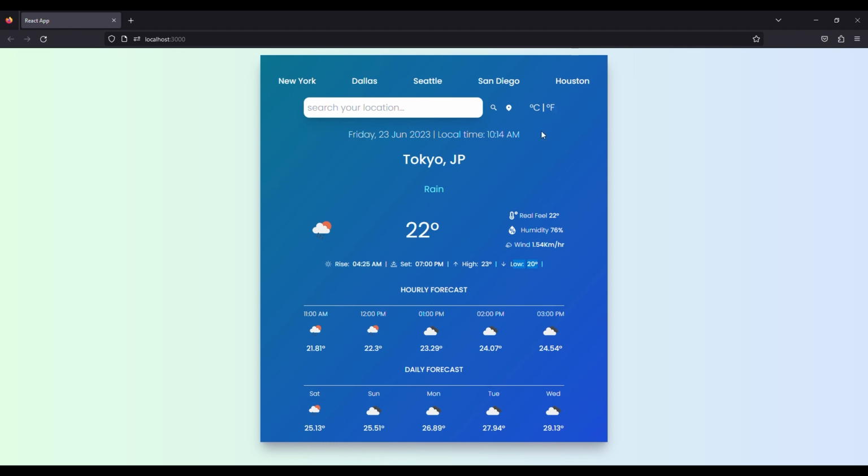We can convert if I hover over this icon to Fahrenheit, and it gets converted into degrees Fahrenheit. See, 71 degrees Fahrenheit, and every value will be converted to Fahrenheit. When I click Celsius, every value will be converted to Celsius, and this is occurring here because the data are